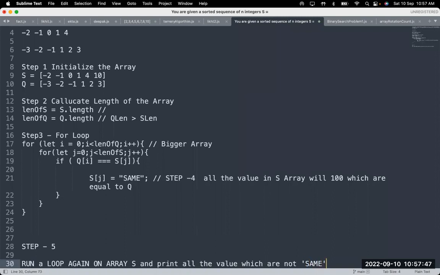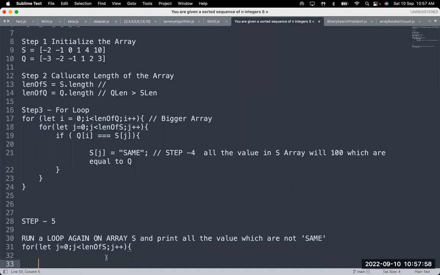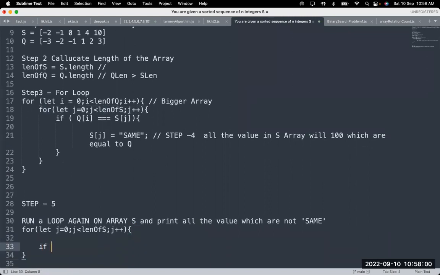So we have transformed the array, and now we can simply write, let me copy this, we can simply write this array and say if